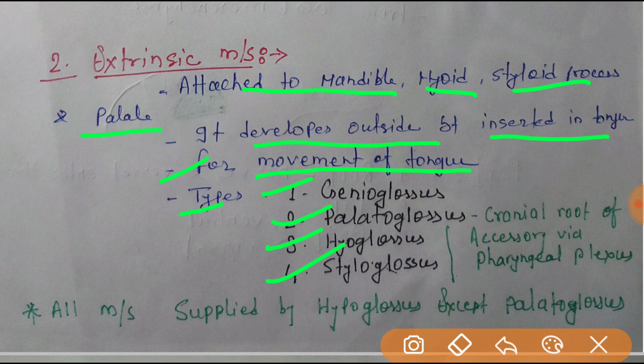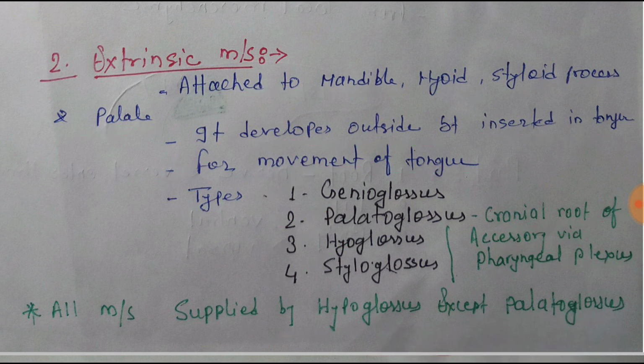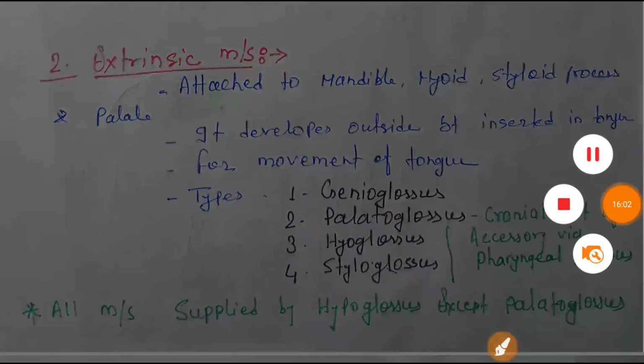The point to remember is that the nerve supply of all the extrinsic and intrinsic muscles is by the hypoglossal nerve, except the palatoglossus. The palatoglossus nerve supply is the cranial root of the accessory nerve via the pharyngeal plexus of the vagus nerve. So the pictorial diagram of this, you can see